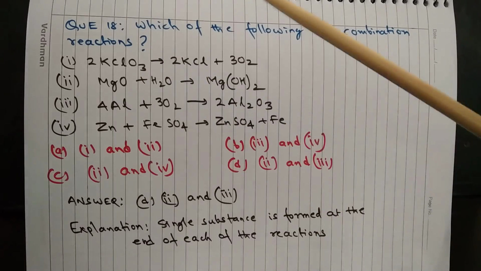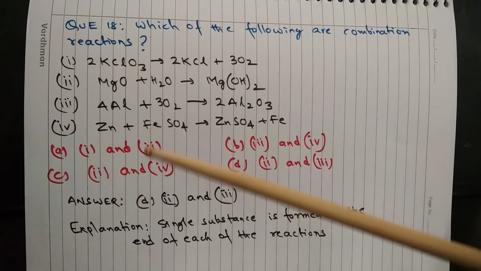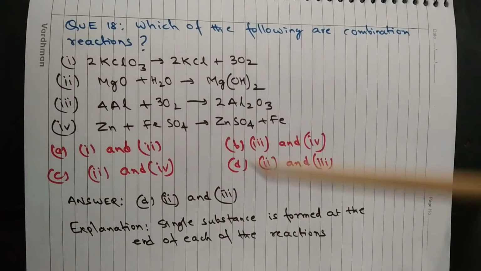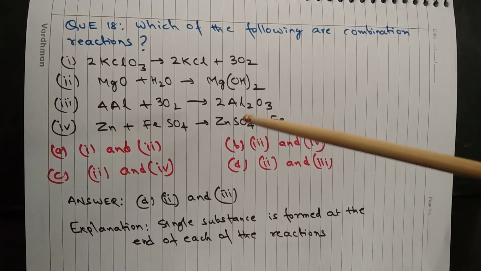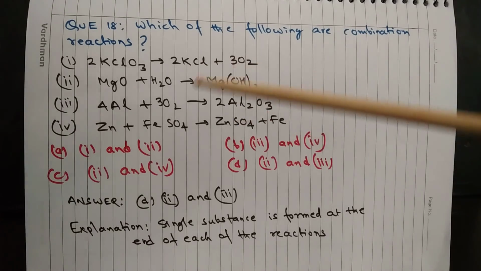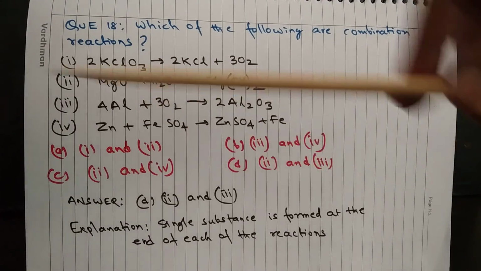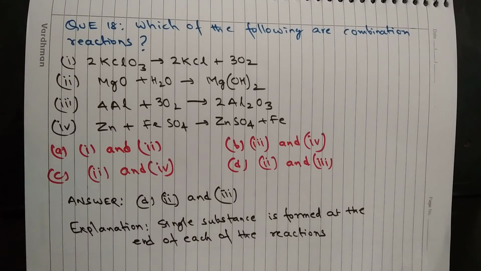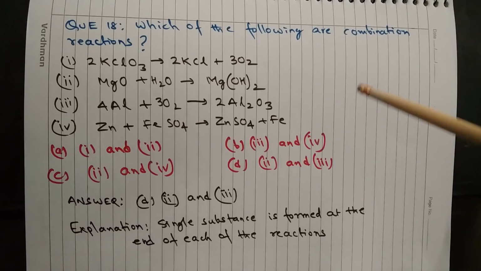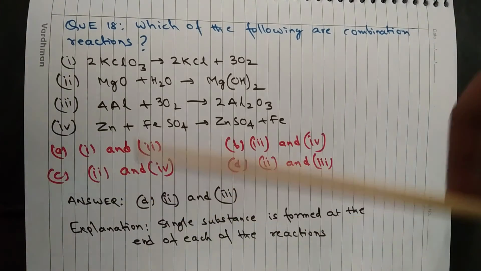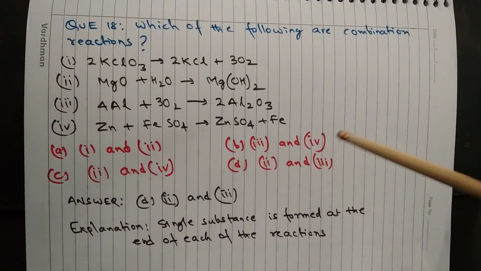3. 4Al plus 3O2 is equal to 2Al2O3. In this case also two reactants are giving one product. So this is also a combination reaction. 4. Zn plus FeSO4 is equal to ZnSO4 plus Fe. This is a displacement reaction, two reactants and two products. And the options are A 1 and 2, B 3 and 4, C 2 and 4, and D 2 and 3. The answer